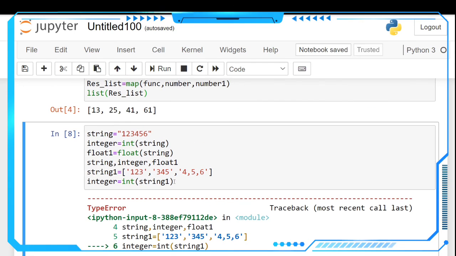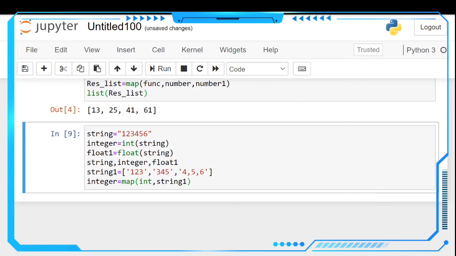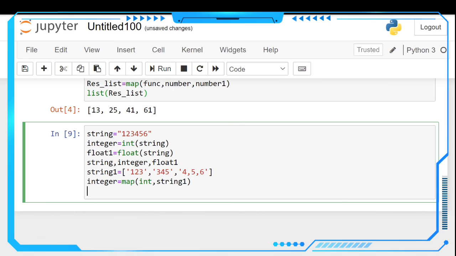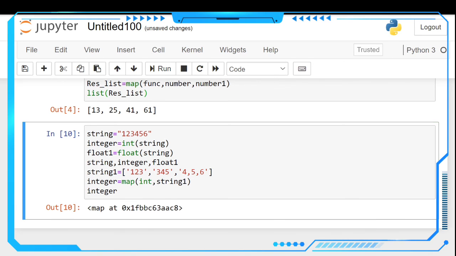So what do we have to do? We have to use the map object here. In this type of situation, the map object is the easiest way. We map this into the int function: int will be the function here, and the iterable should be string 1. See here, there is no error. Let's print integer here. It will create a map object.